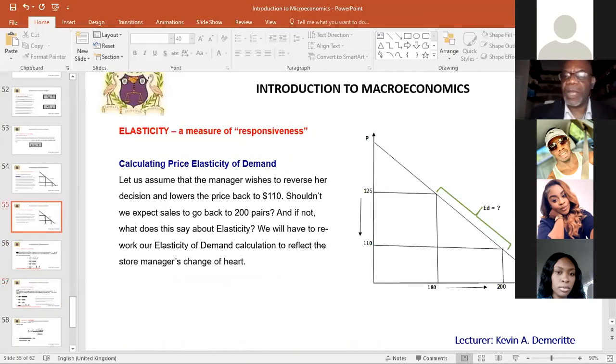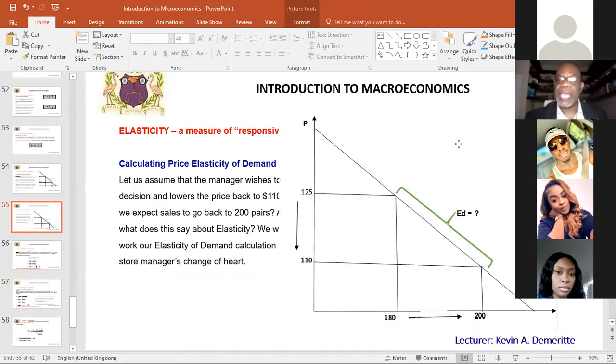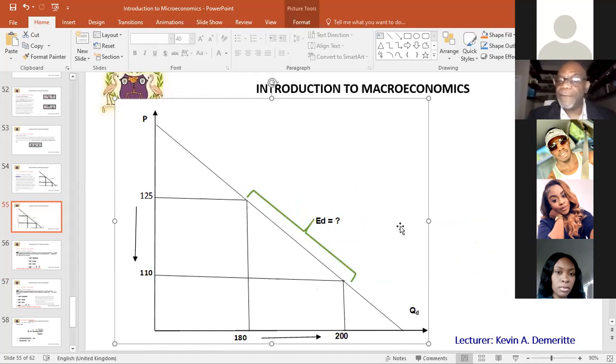Let's go back a second. So you see this stretch of the curve that has us concerned. Going in different directions ends up yielding a different elasticity. What the midpoint formula is saying is that you take the absolute distance between this point and that point, between the 2 points on this arc, this piece of the demand curve. So you take the absolute distance from 110 to 125, that's 15. And then you take the average distance between 110 and 125, which would be somewhere in the middle here. So what we're saying is that if you take the absolute difference going and coming, it may be different, but if you take the absolute distance and the average distance,